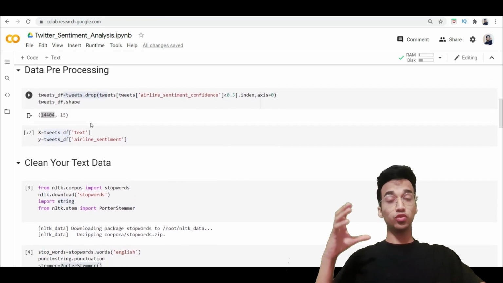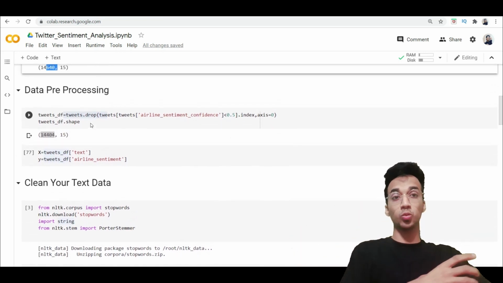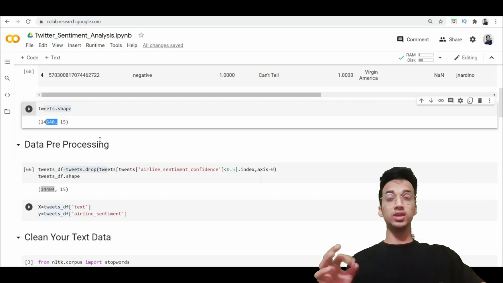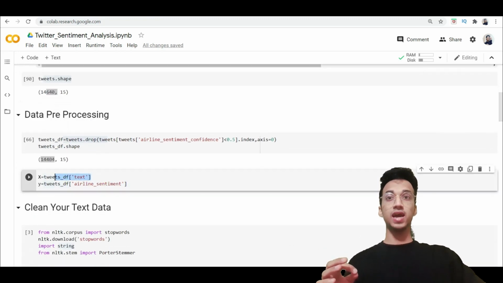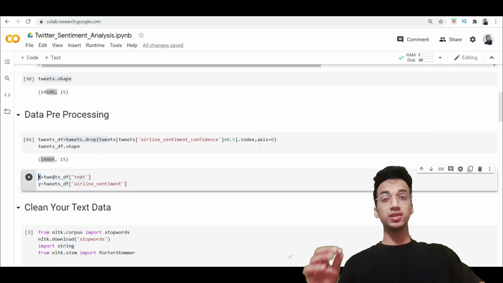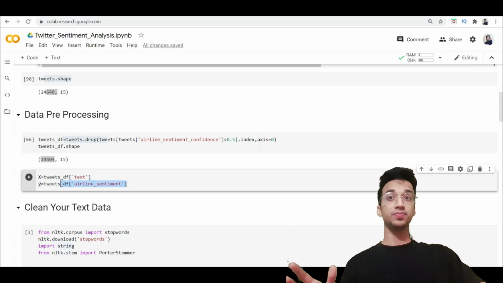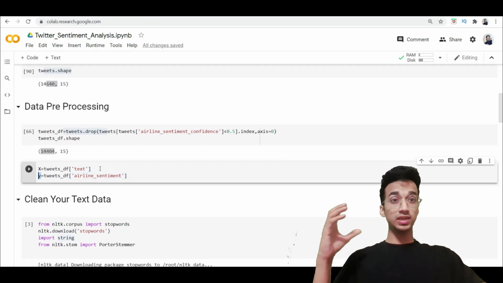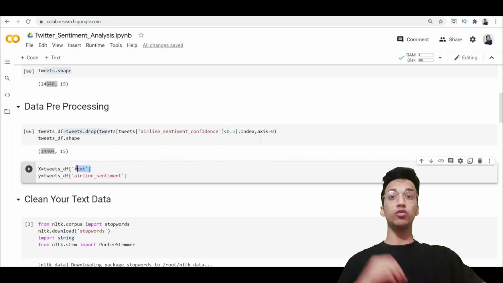After that, we'll have to first get an input and we have to get an output. That is what we're going to give to the model. So I'm taking the text column and I'm renaming it as X, and I'm taking the sentiment column and renaming it as Y. So X contains all the tweets, all the text values. So you have to first clean it.